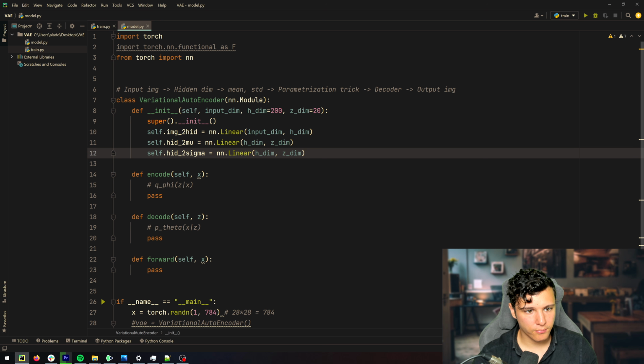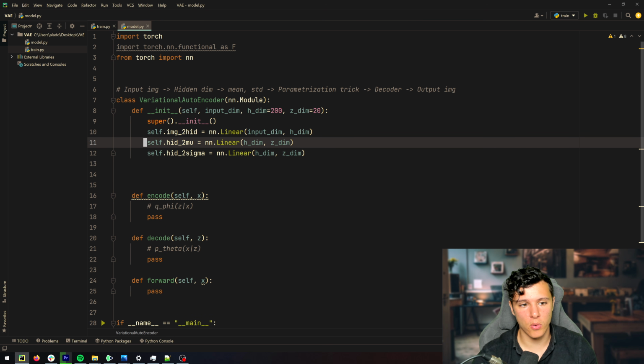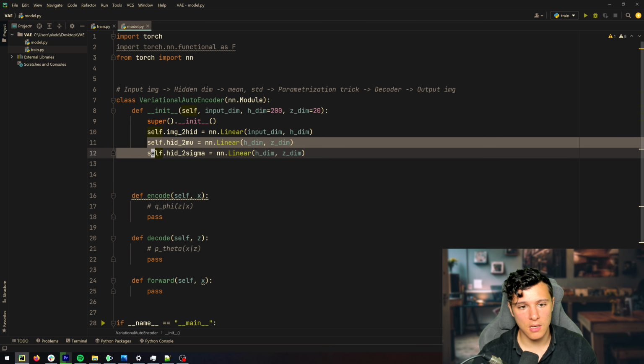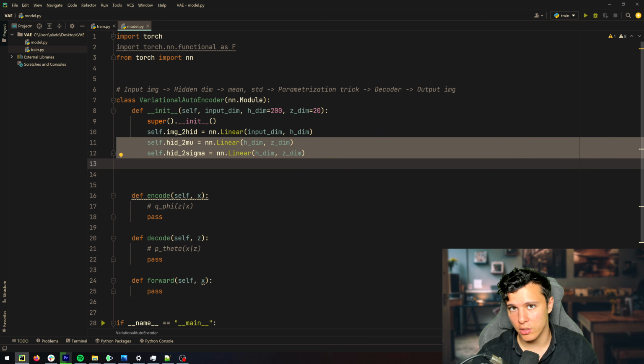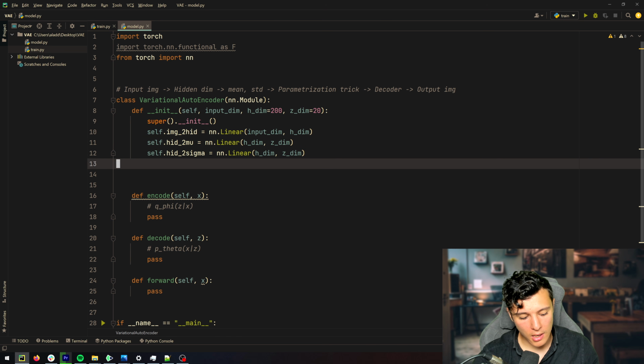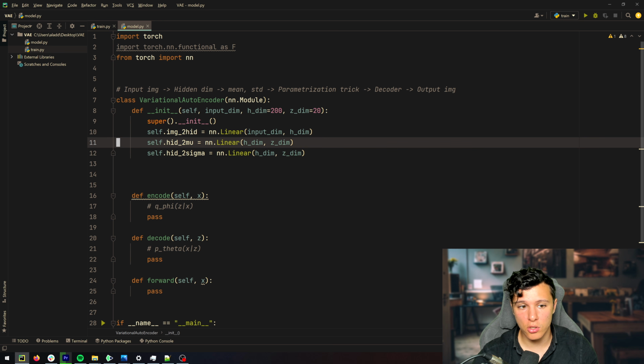And remember, it's in the loss function where we specify what we want these layers to learn. The loss has two terms, but the KL divergence will try to push this layer to learn a standard Gaussian. Now, it won't become a standard Gaussian, but it will push it towards that